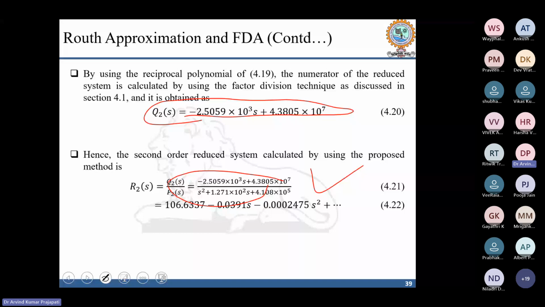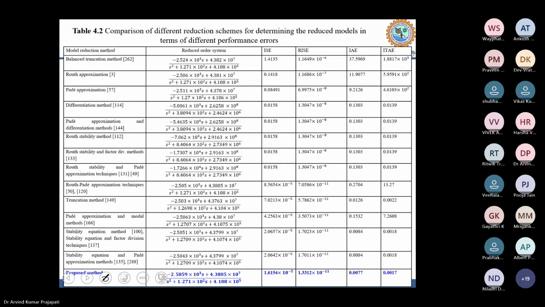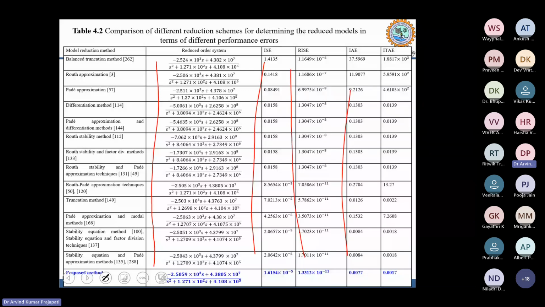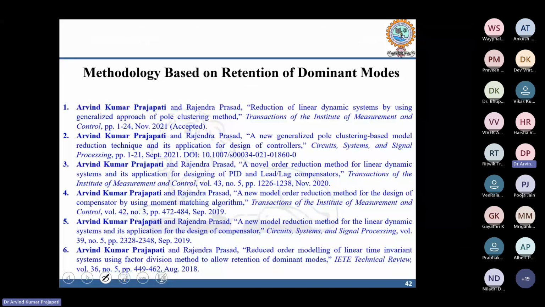And this is the comparison of the proposed method with other existing techniques. Here I have compared many other techniques, and we are getting some errors. In that way, you can also propose some techniques and compare. If you get the least error compared to some existing techniques, then you can also get a publication. So these are the publications which I got on the model order reduction technique,